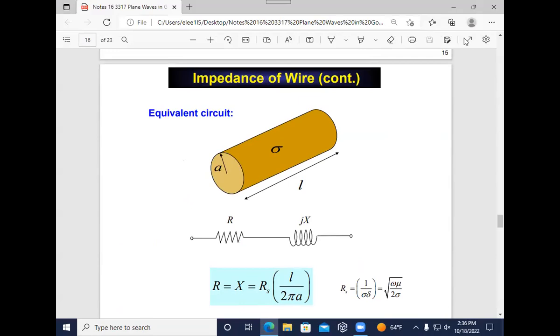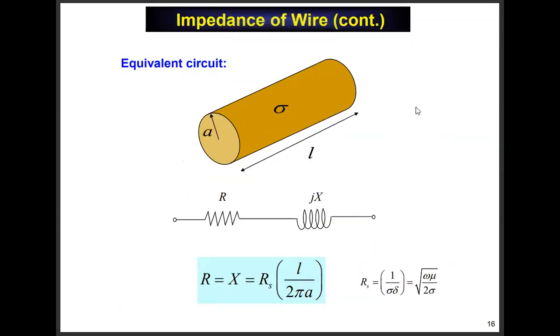Okay, so let me just quickly summarize here that one of the last things we did last week was we looked at the high frequency impedance of a wire, solid, round, like copper wire, radius A, length L. And we had derived a formula for the input impedance, which is R plus JX. And we noticed that R is equal to X, and they're both equal to what's called the surface resistance of